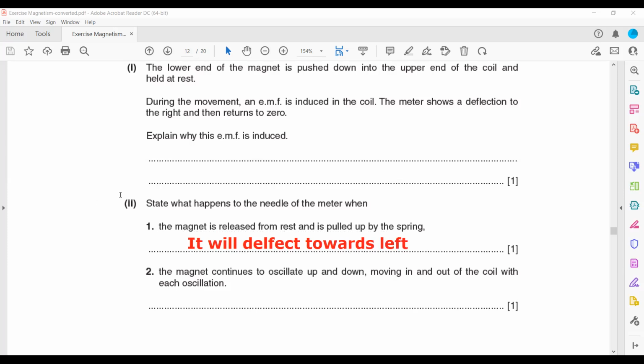Then the magnet continues to oscillate up and down, moving in and out of the coil. With each oscillation, what will happen to the needle? So if the magnet is moving up and down, what will happen to the needle? The needle will also oscillate, or it will deflect right and left, because of the magnet here, which is shown,